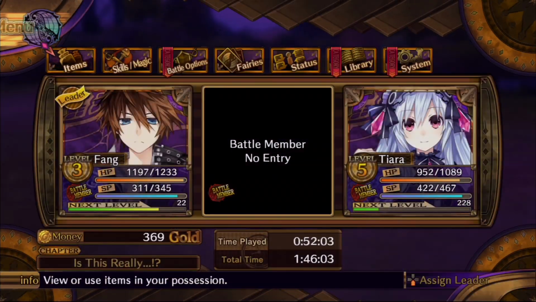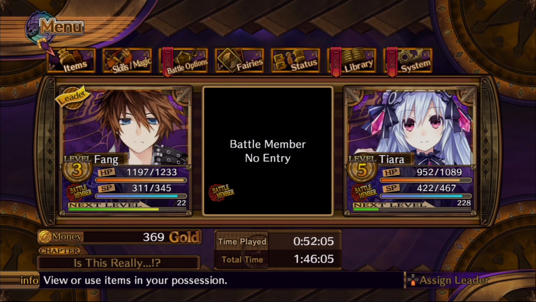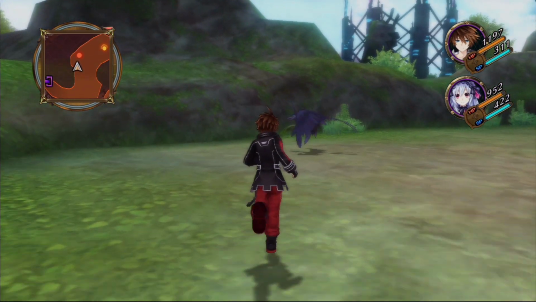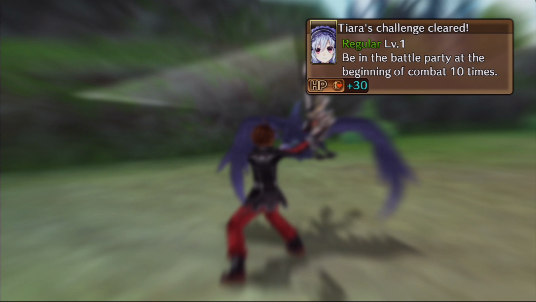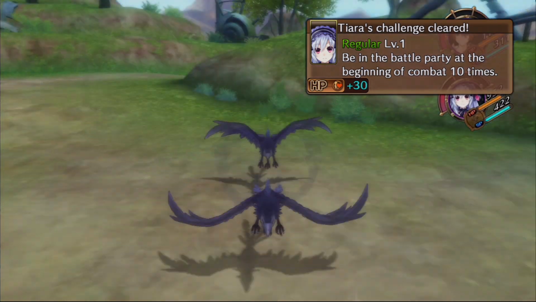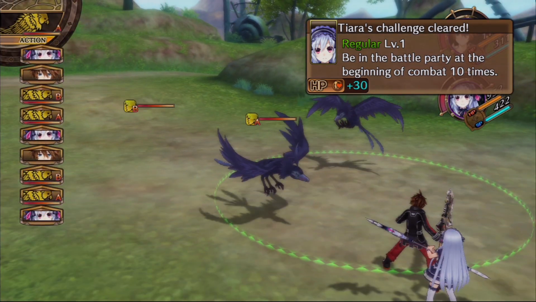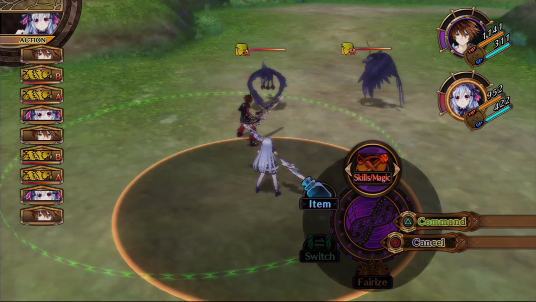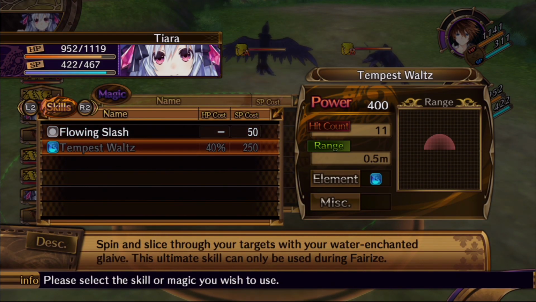Eventually, it seems like you will be able to have 3 party members that you will be able to pick from, because right now we only have 2, as you guys can see. So you want to keep those things in mind. Aw, damn it, we got ambushed. Not that it matters all that much, because if I properly use her spell...